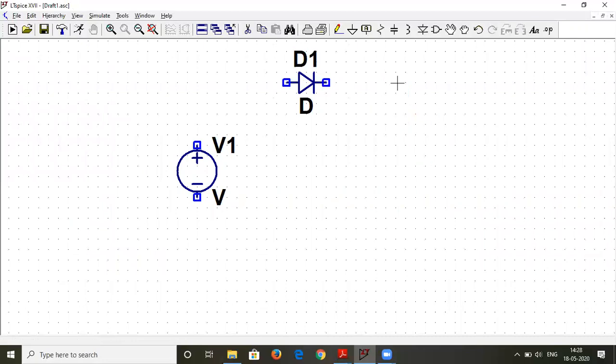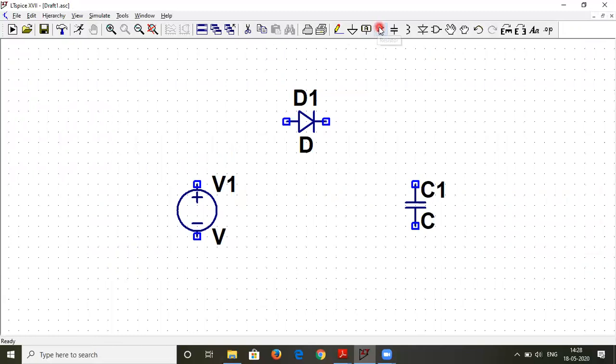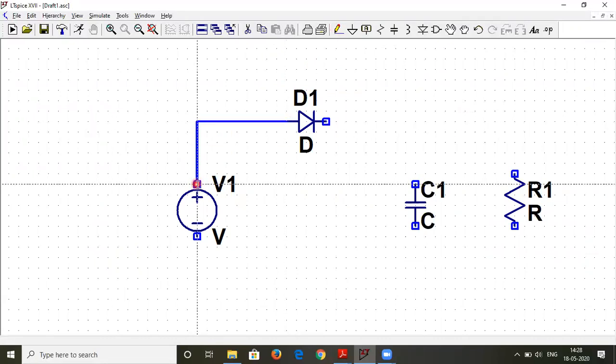Next, I want a capacitor as well as a resistor. So I have a capacitor over here as well as a resistor over here. I'll place them onto the screen. Now the job is to join them around. So let us join them with a wire.